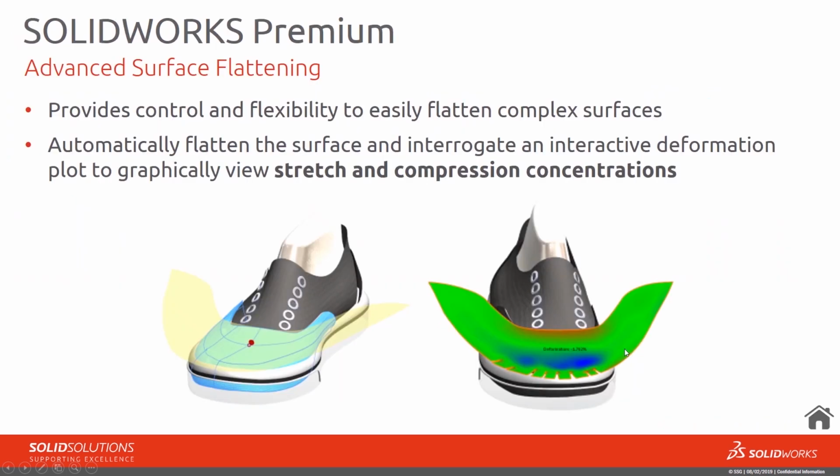Now this is a great tool for being able to develop any kind of organic shapes. Now obviously down in the standard package we can flatten the sheet metal parts, but we've also got the ability in premium to flatten more kind of organic and advanced surfaces. So a good example is that shoe there. We're going to have a look at this one in a bit more detail as well, because this is a